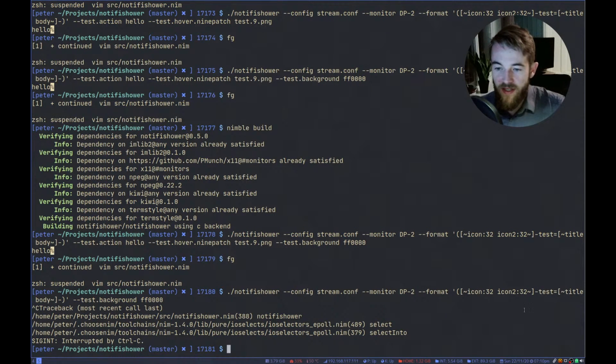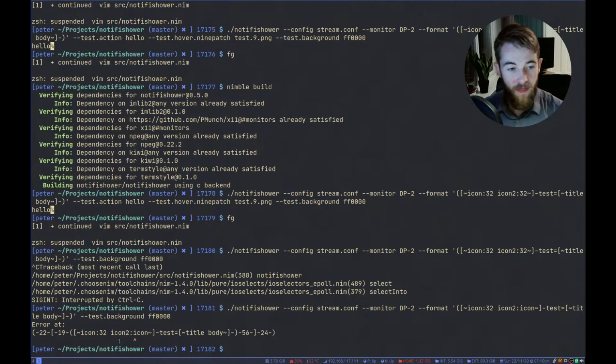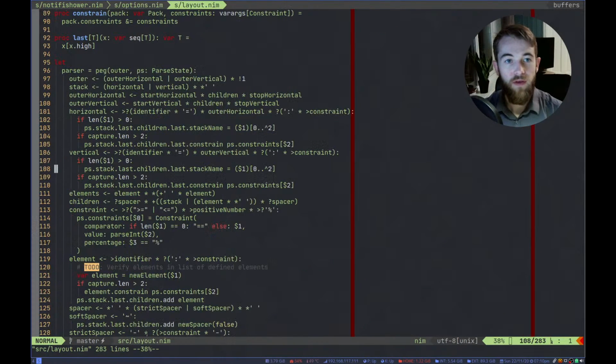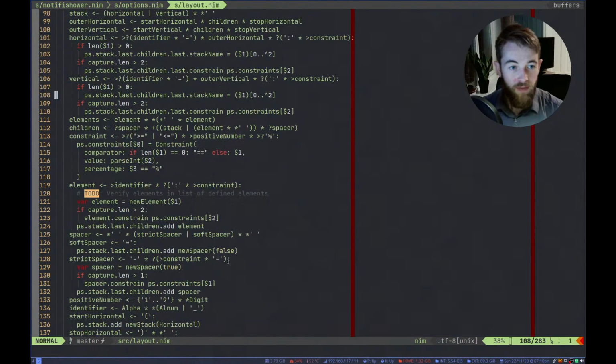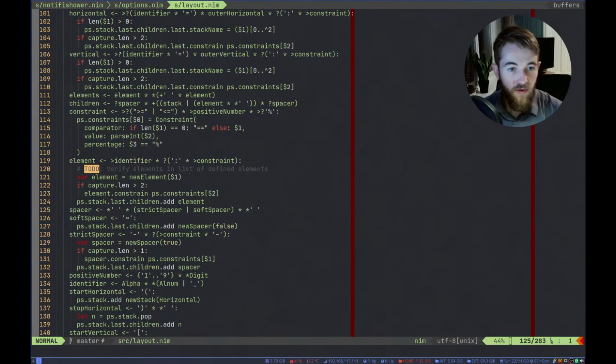Right. The second thing I wanted to add was for constraints, so I want this to be the same size as icon, right? This is currently an error in the parser. This layout parser, because we require numbers for our constraints.